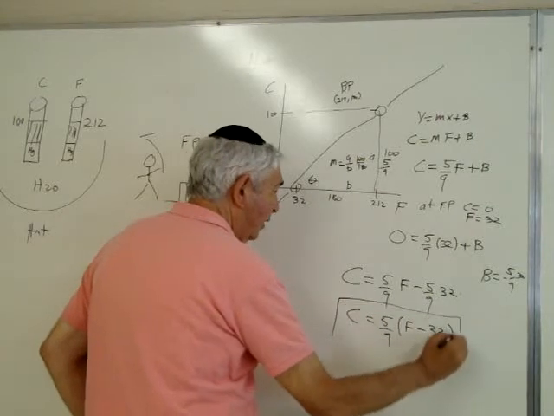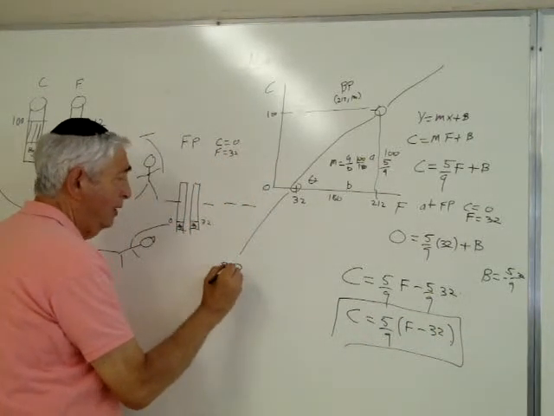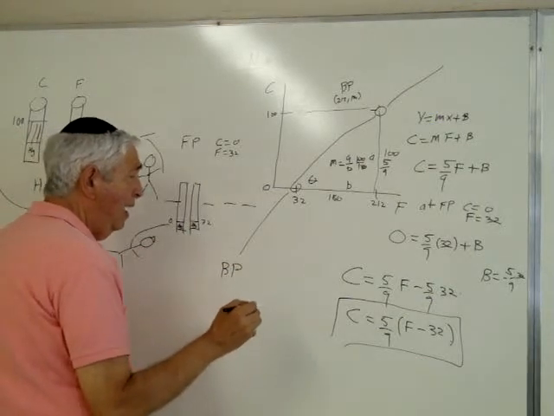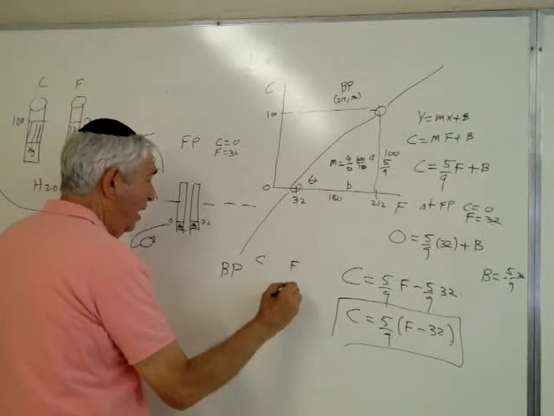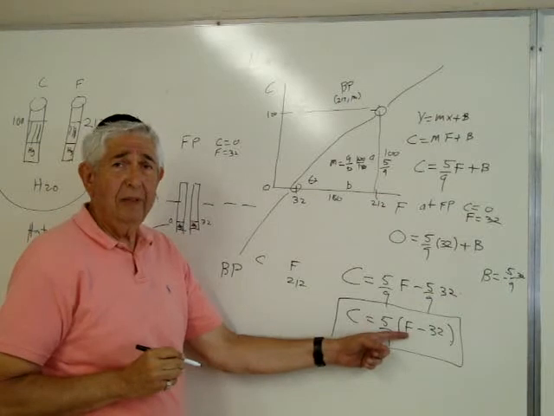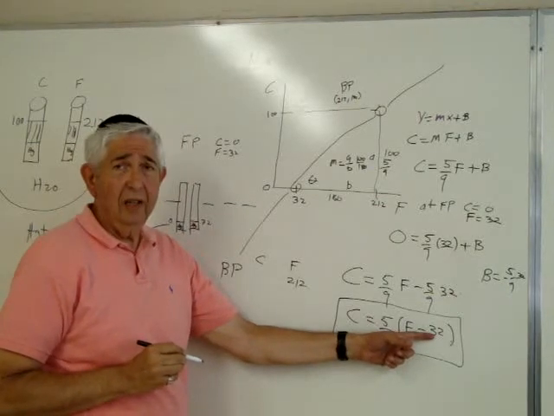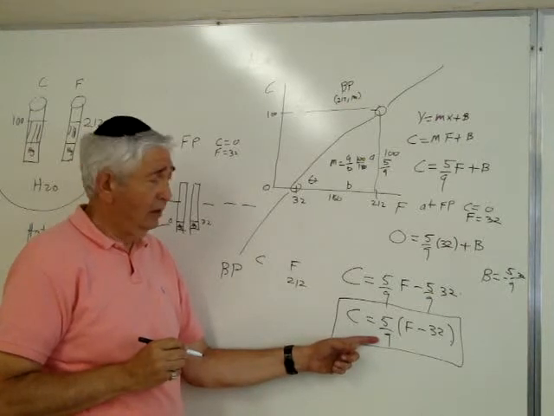Now, does it work? Does it work? At the boiling point, this is C, this is F. F is 212. So you put 212 in here and you subtract 32, you get 180. 180 divided by 9 is equal to